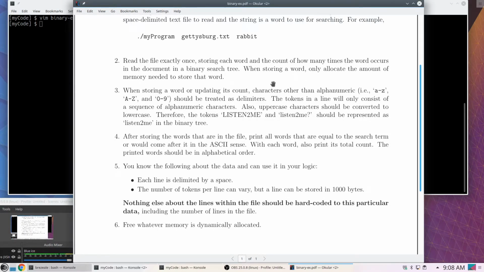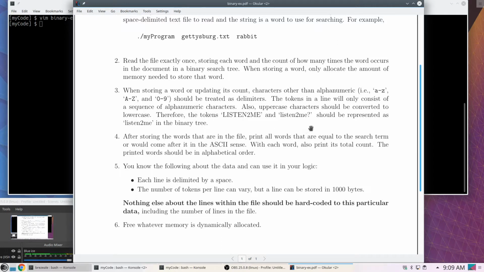Now in terms of the words, one of the things we need to consider is what's really a token or a word in this case. So let's say we have space, the word book, followed by another space. Well, if I'm using a space as a delimiter, that's clearly a word. But if I have space, book, comma, space, and I'm only using spaces as delimiters, well, then that makes book, comma appear to be a separate token. Well, I want those to be treated as the same token and the count for book to be updated to